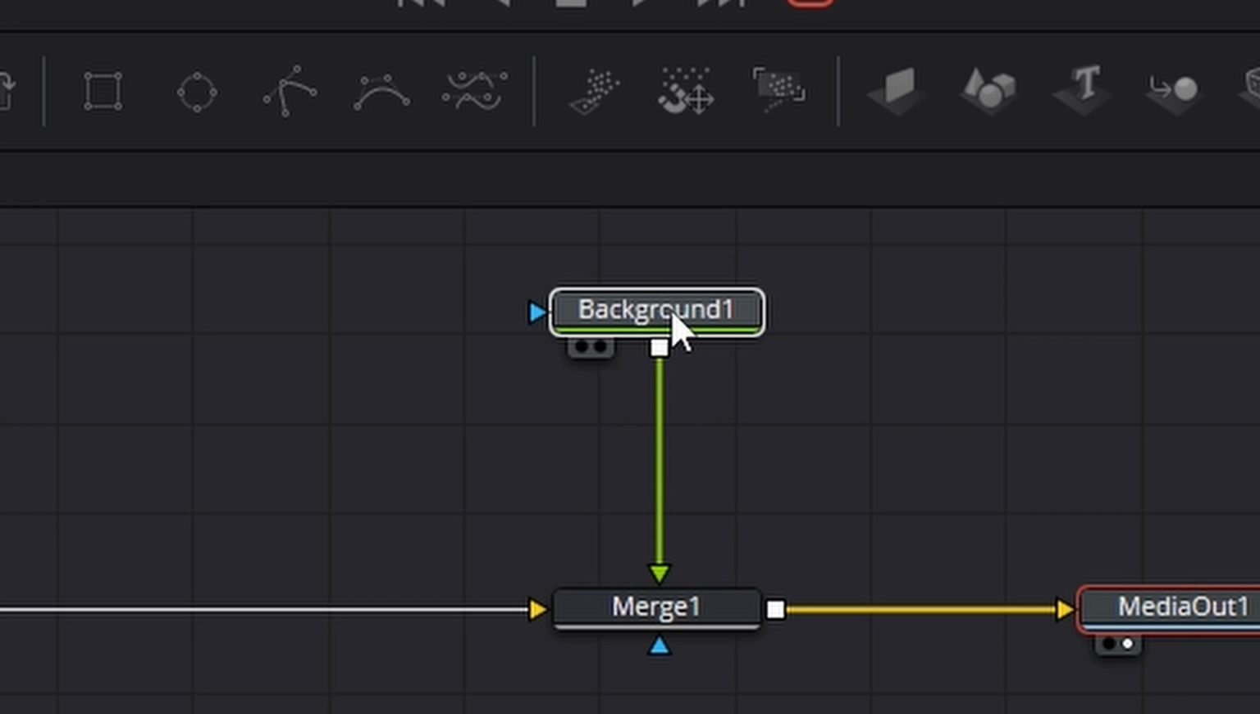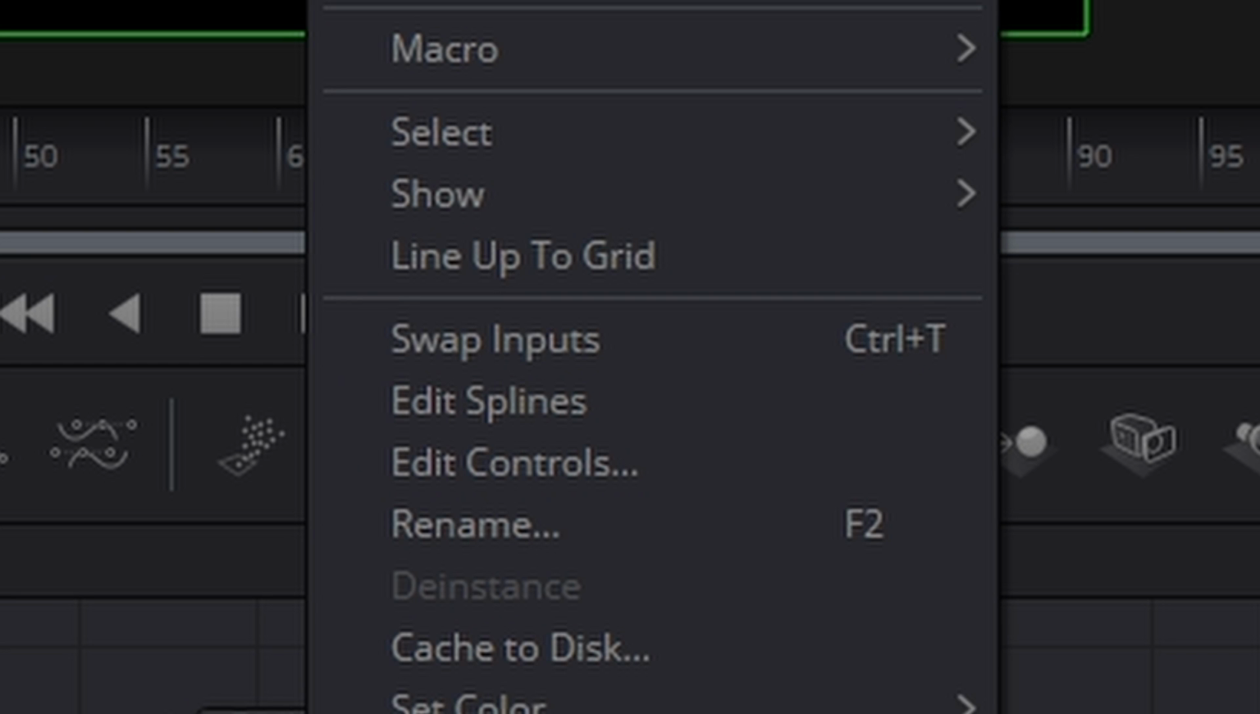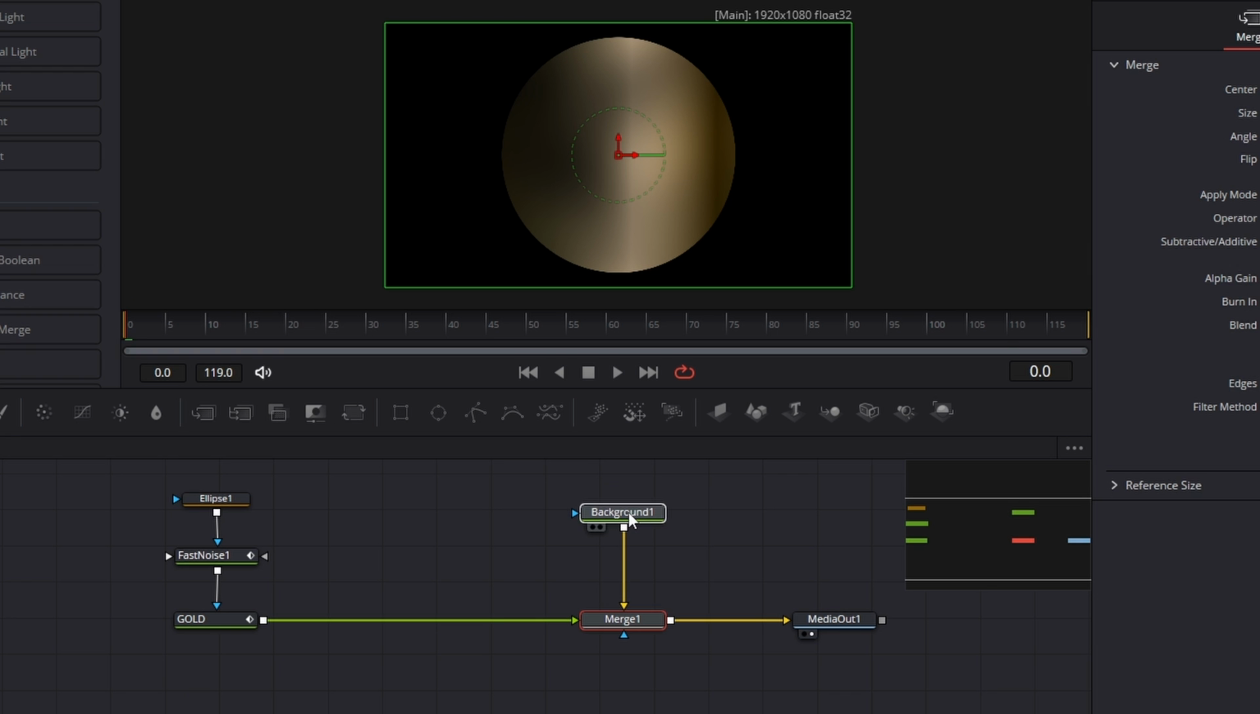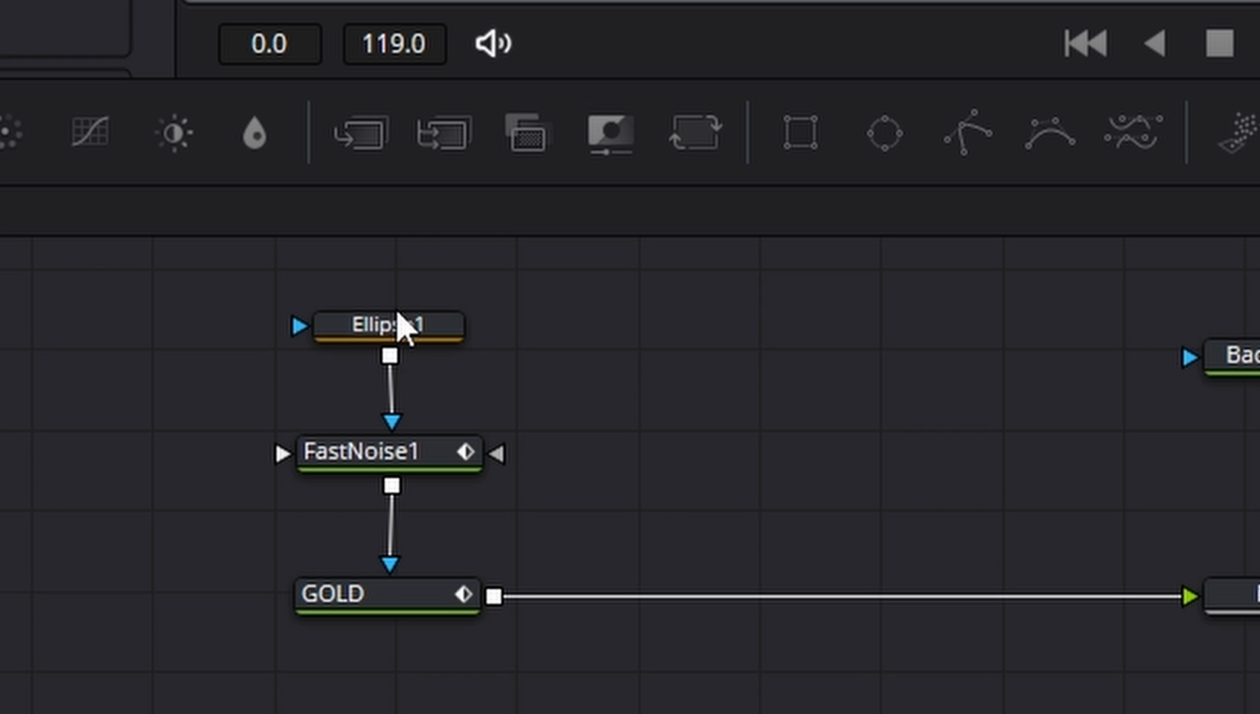Now that has come in as a foreground. We know that because it's green. So let's go down to this merge, right click and hit swap inputs. There we are. There's our gold disc. Come across to the